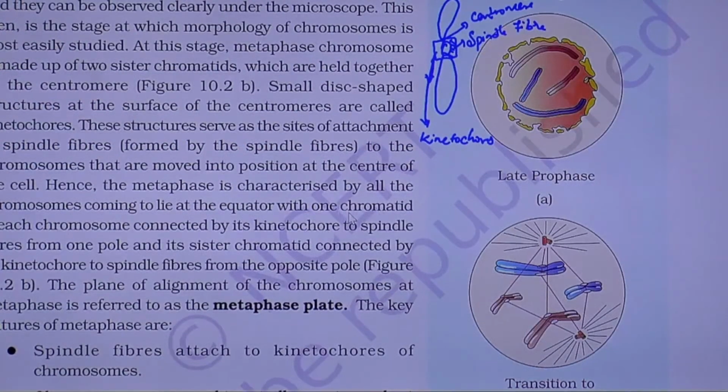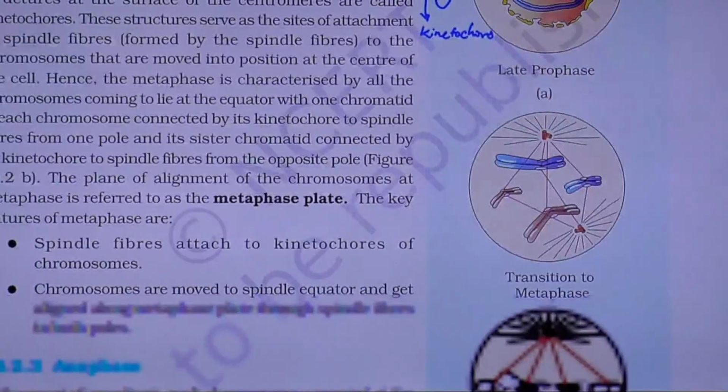of each chromosome connected by its kinetochore to spindle fibers from one pole, and its sister chromatid connected by its kinetochore to spindle fibers from the opposite pole. The plane of alignment of the chromosomes at metaphase is referred to as the metaphase plate. The key features of metaphase are